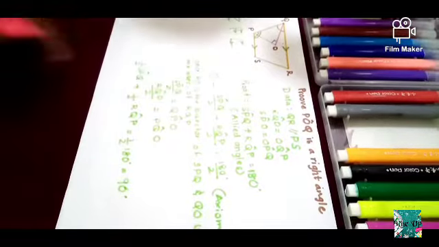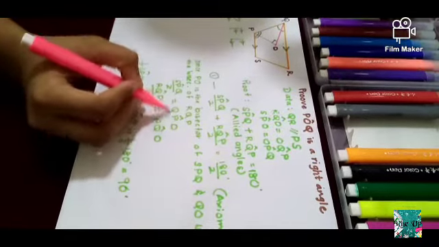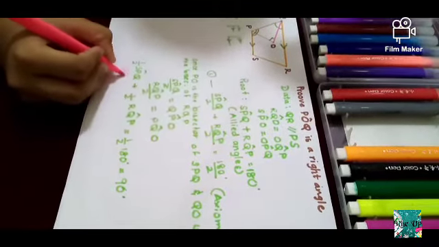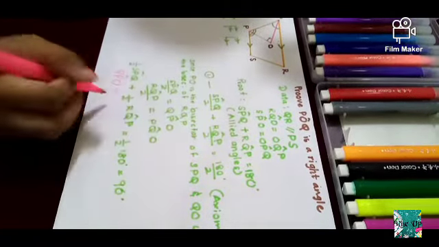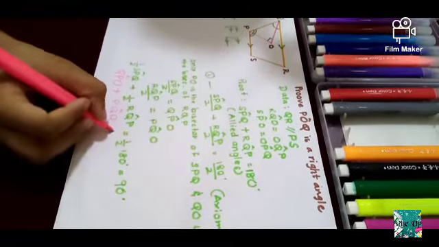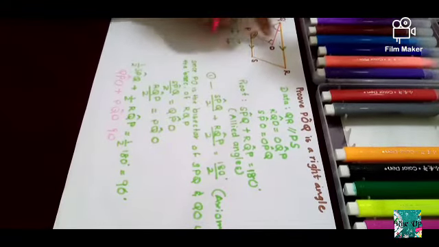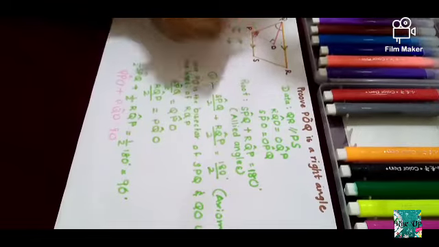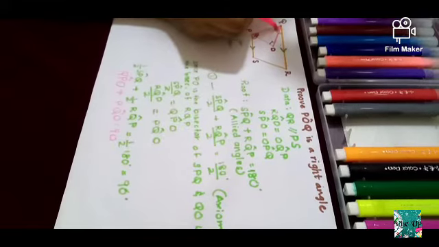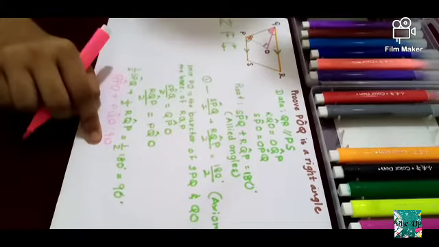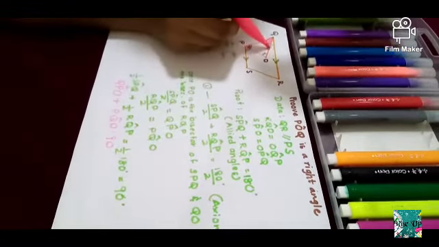So we can tell that this half SPQ is equal to QPO. Under half SPQ you can write this QPO because they are equal. QPO plus half RQP. Half RQP means PQO. PQO, that is equal to 90. That means this P angle and Q angle. This P angle, QPO, they are mentioning about this angle, this portion. So QPO plus PQO, that means this angle. So these two angles are giving what value? 90 degrees. When you add these two angles, they are saying it is 90 degrees. So can you see these two angles are equal? That means this is an isosceles triangle.